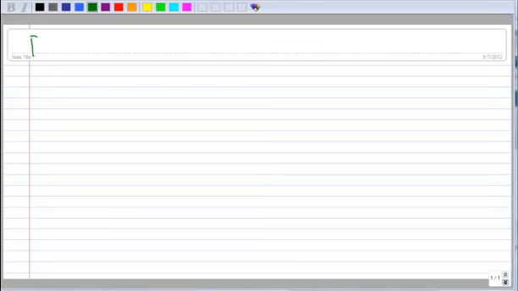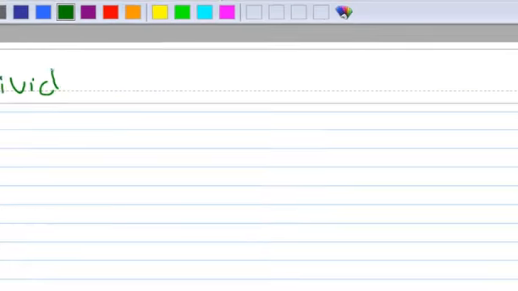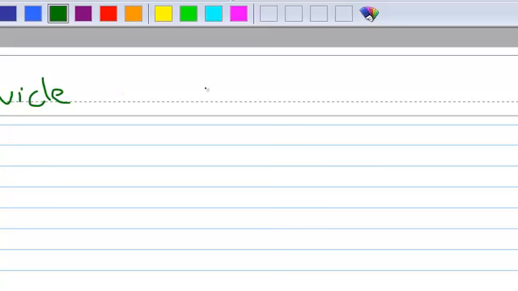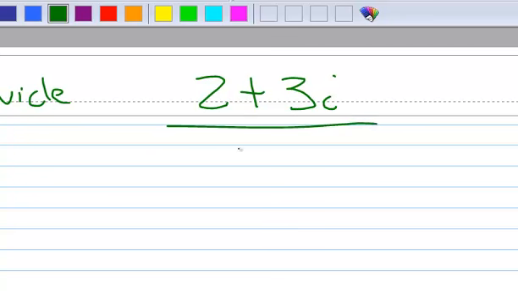Okay, in this video we are going to divide complex numbers, and we're going to use the same complex number, or at least part of it. So we are going to divide 2 plus 3i by another complex number, 4